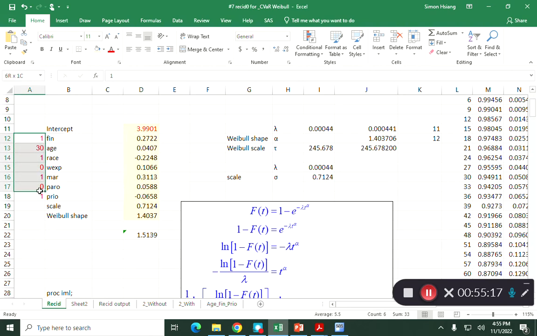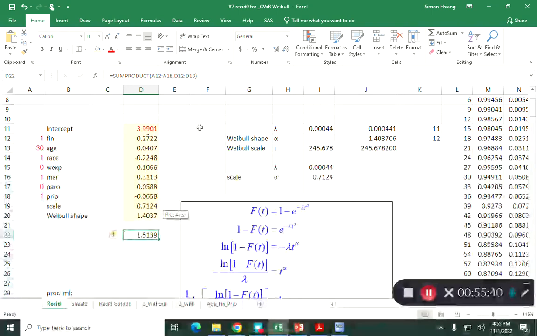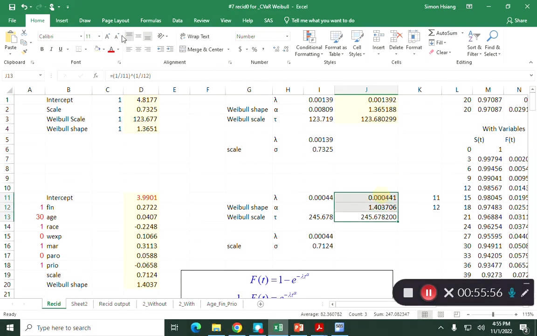So all the parameters for this subject, finance, yes, age 30, race, yes, work experience, 0, and then I have this set of parameters. Then I can use this, okay? Sum product of everything times, and of course, then I need to find my lambda value, and this time for my lambda value, oh, I'm sorry, I should use this one. Now I'm coming down here. So for my lambda value, okay, should equal to